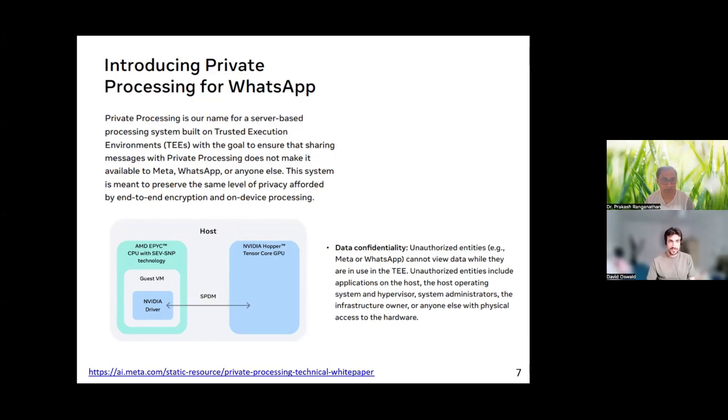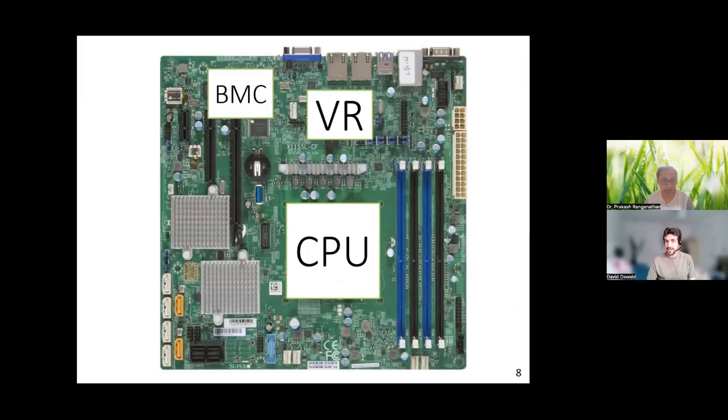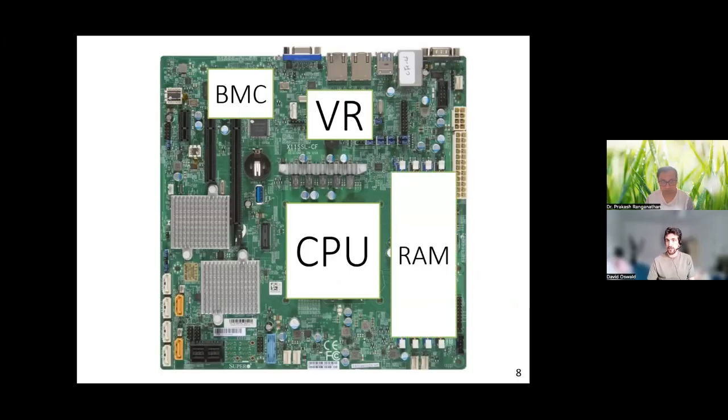So today I look at it from a quite low-level perspective, the perspective of how a server is typically built. This is a motherboard of one of the systems that we use. You have the CPU where this trusted execution environment lives, and a BMC chip that controls the power state. You have a voltage regulator. All these components can create attack surface. But in this talk, we focus on RAM, which is kind of semi-trusted, as you'll understand during this talk, by